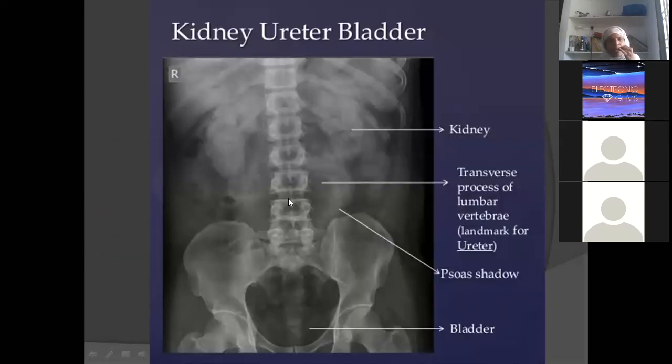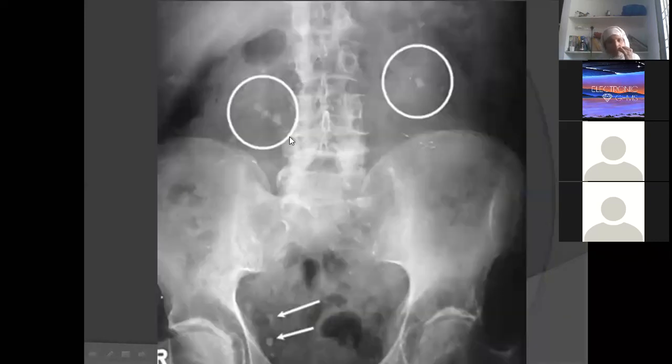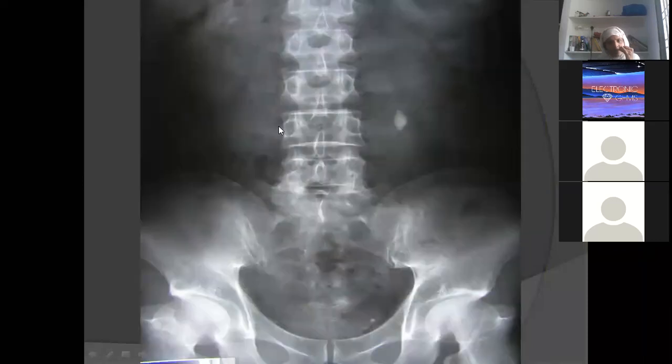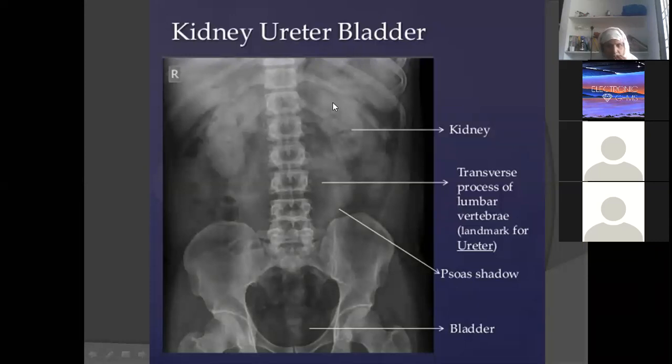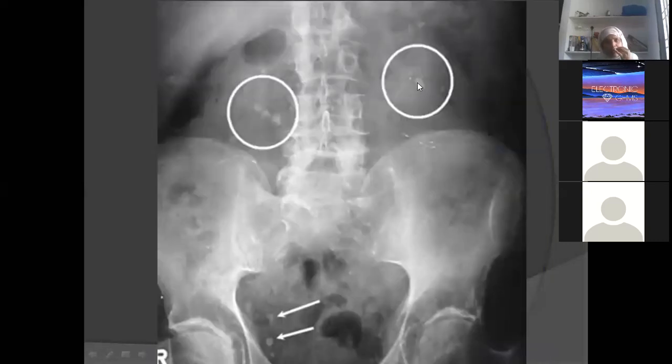See here. KUB is a popular type of radiographic picture we have. Generally, a radioactive dye will be injected either through the intravenous route or through the urethra, so we have ascending pyelography and descending pyelography. I'll show you. Before I go into that, can you see the shadows of the kidney over here? This is the shadow of the kidney. And here you will have the bladder, but dye is not there. Dye is seen only in the kidney area.